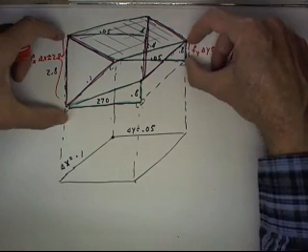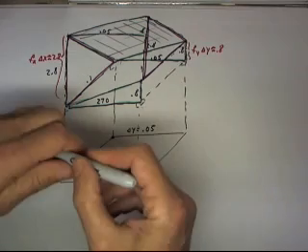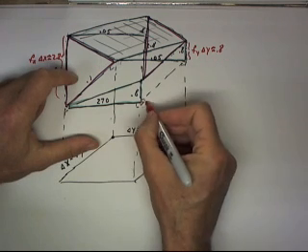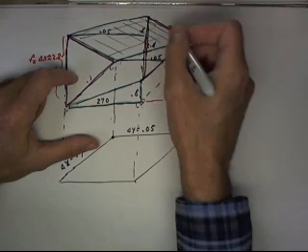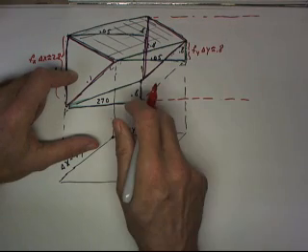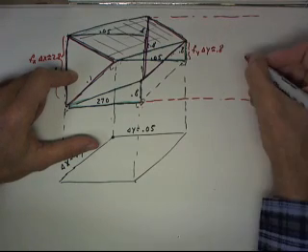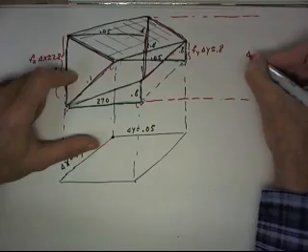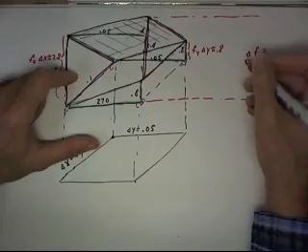These changes accumulate here, so that between the level of this point and the level of this point, we have a total delta f, which is equal